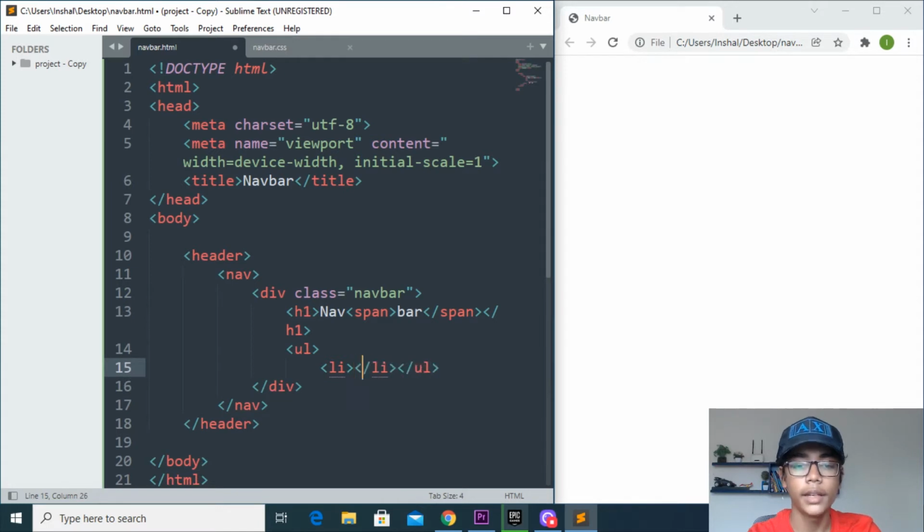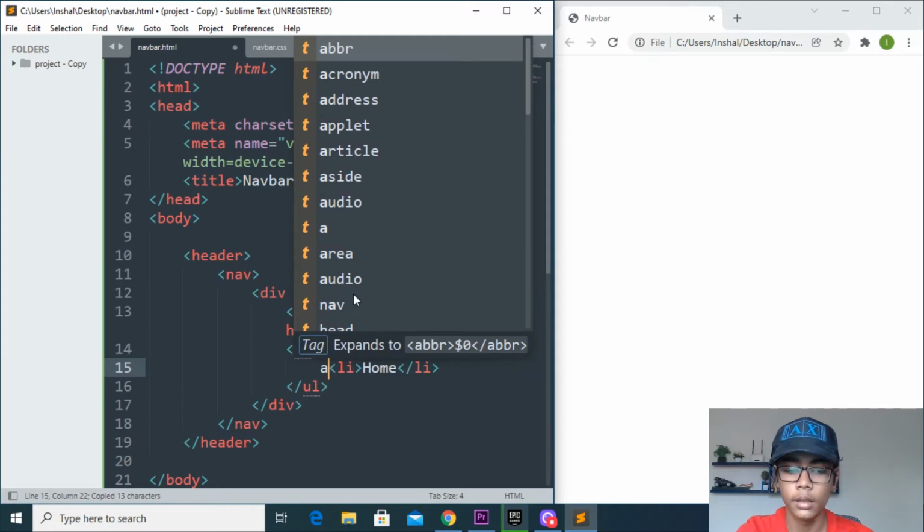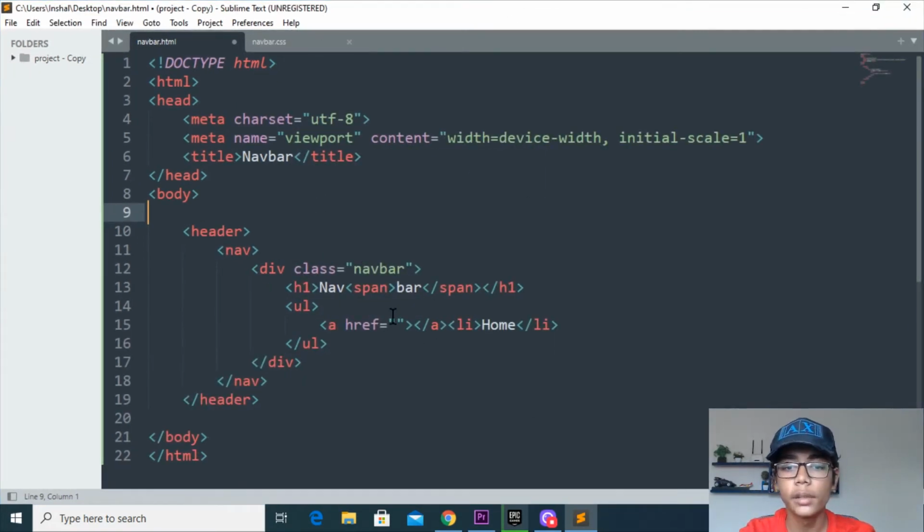So when you've done that, just take this ul down and do one thing here, write home. When you've written that, copy this thing, but do one thing here, write a, and this tag you have to do. So I'll be doing that full screen because the code is not appearing simply. So here I will be now writing this, and then I will be doing one thing here. When you've written that, just copy this thing from here and paste here and erase from here.